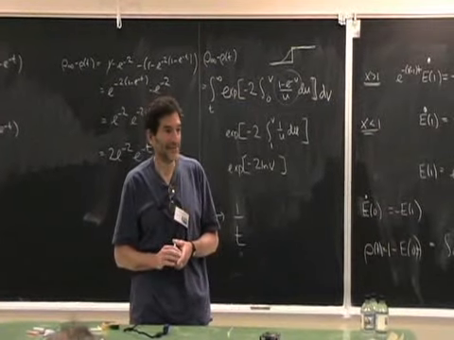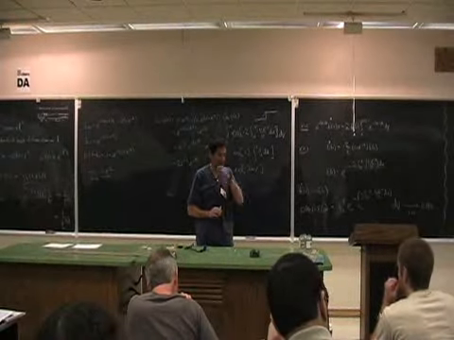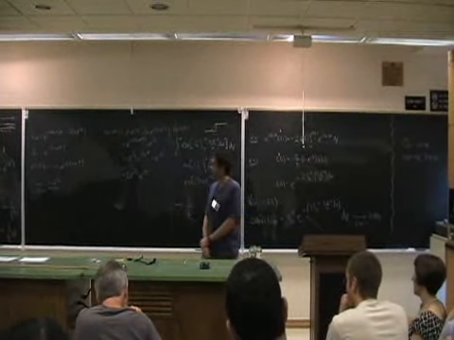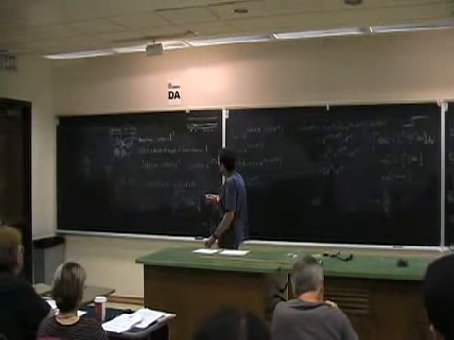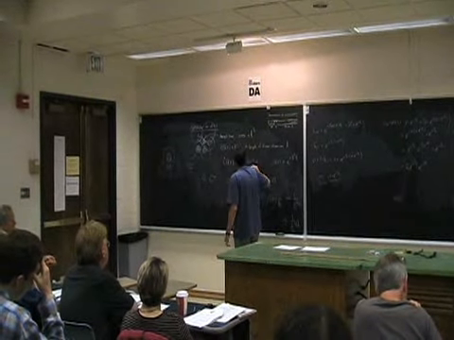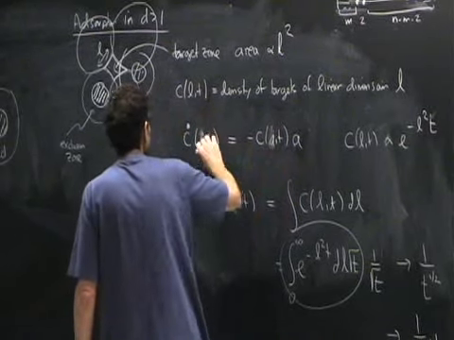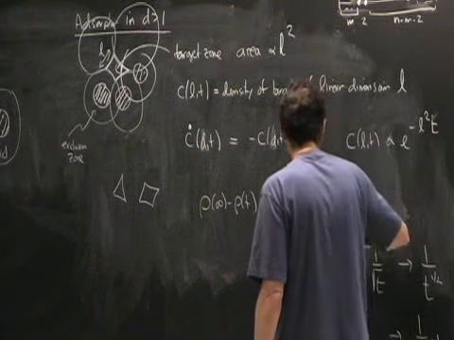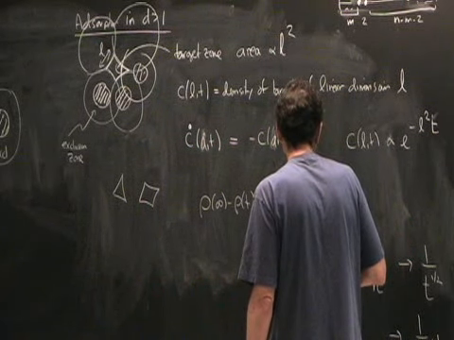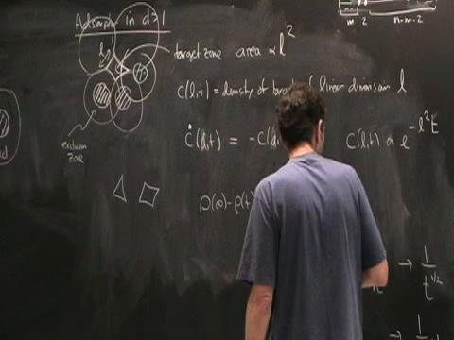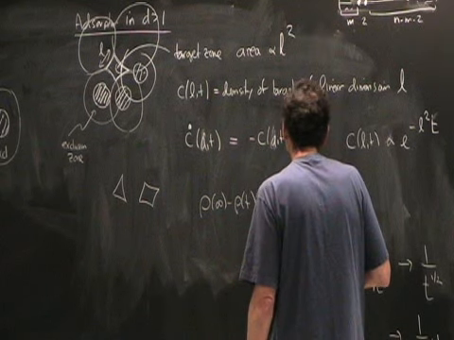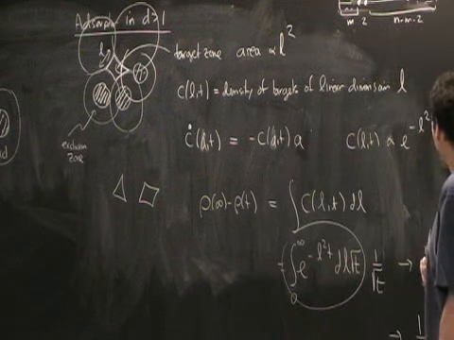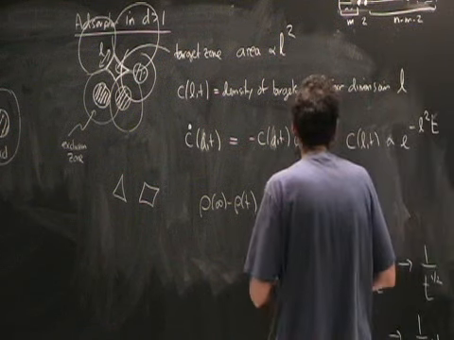So I'm trying to understand what you wrote down here. What if you made it, instead of C of L and T, C of A and T, where A is area? Well, if I said area, then I just would have put area here. Okay, area. And then if you wrote that integral below as an integral over dL, if you wrote it over dA, would that work or would that be wrong? Good points. I don't know what to say about that. I haven't thought about that.